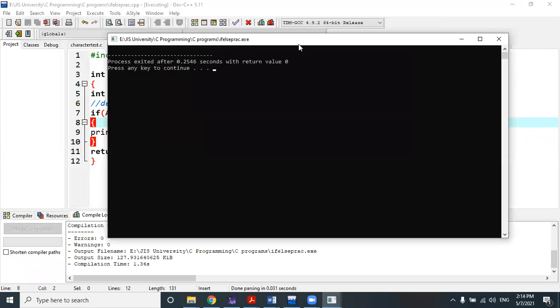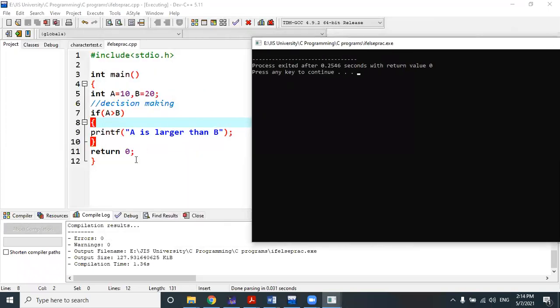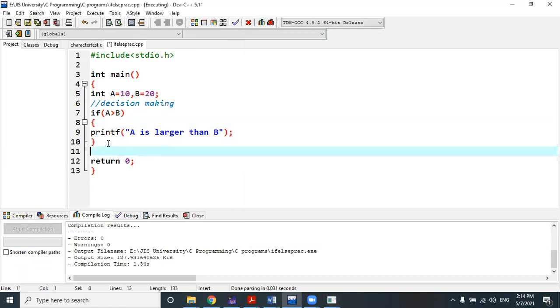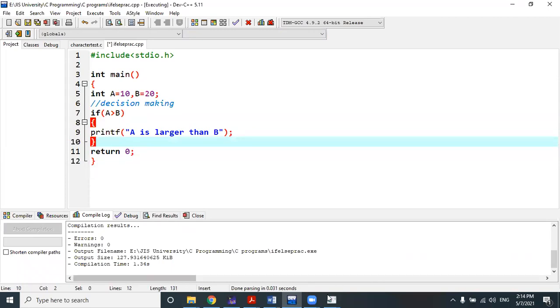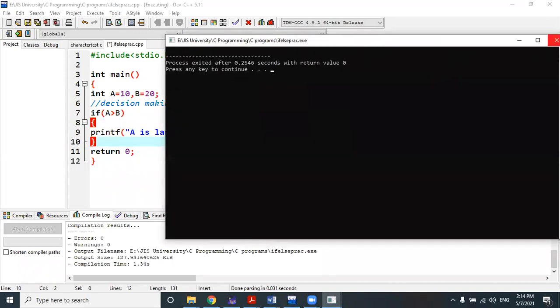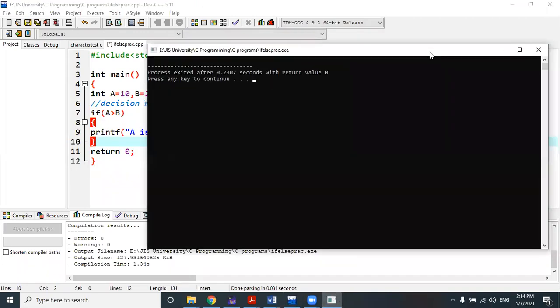If the condition does not satisfy, it will go to the next part after the if block, and in this program no next part has been written. That's why the output is a blank screen.